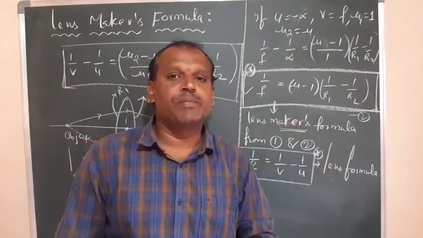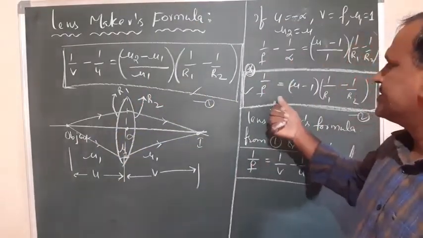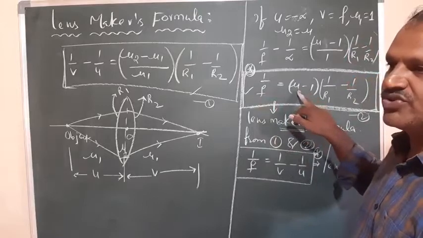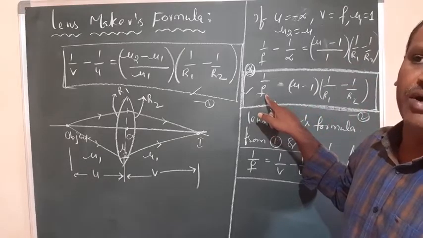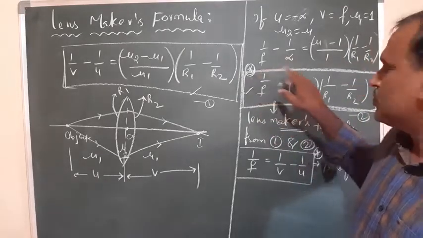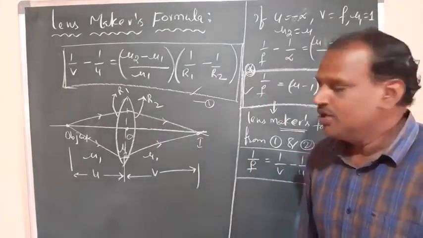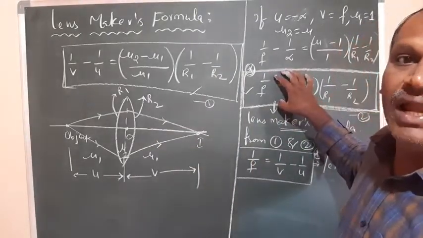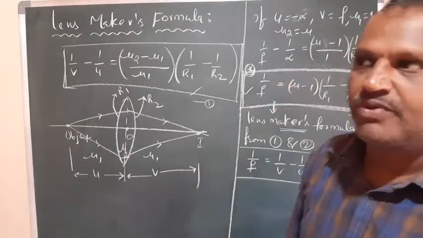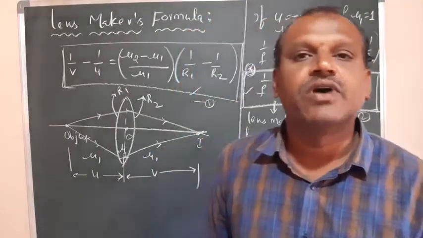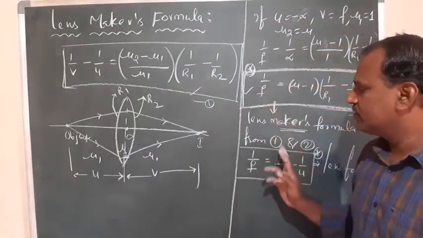To construct or prepare any lens, it depends upon the requirement. The glass has a constant refractive index. So based on the refractive index, we can determine the focal length. If we require some focal length value, we can choose the values of R1 and R2 accordingly and construct the lens. So this equation is useful to make or prepare a lens. Hence it is called the Lensmaker's formula or equation. So these two are very, very important.